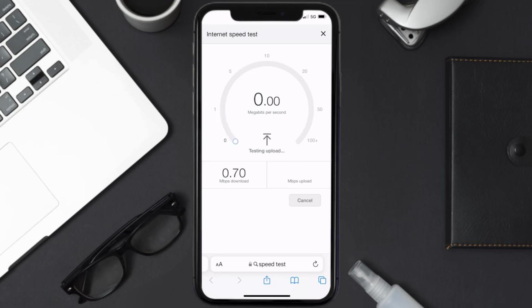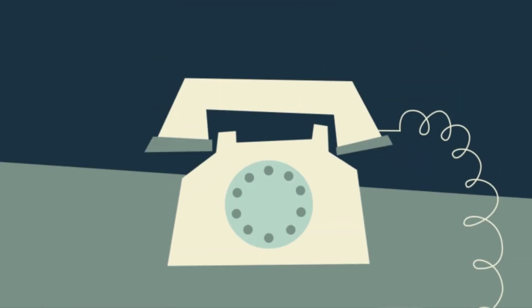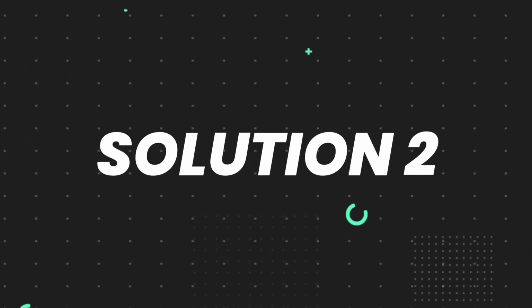If your internet speed appears to be unreasonably low, then you may need to contact your internet service provider for help. This should fix the issue, but if it doesn't, then you need to make sure you're running the latest